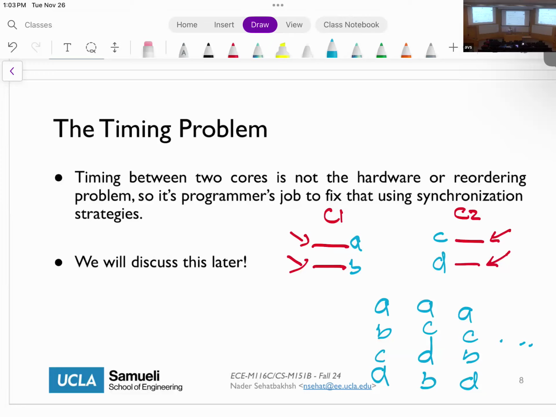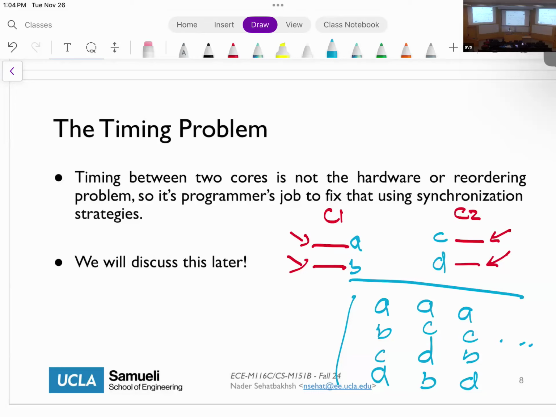So as a programmer, you have to write code such that any of these possibilities will produce the same result. This is what we call race-free or timing-free programming, okay? And that's why writing parallel programs is usually very, very hard, because you have to envision and anticipate these problems and write your program in such a way that it doesn't have these problems. Good news is we will introduce some hardware primitives that will help you to ensure a particular sequence.